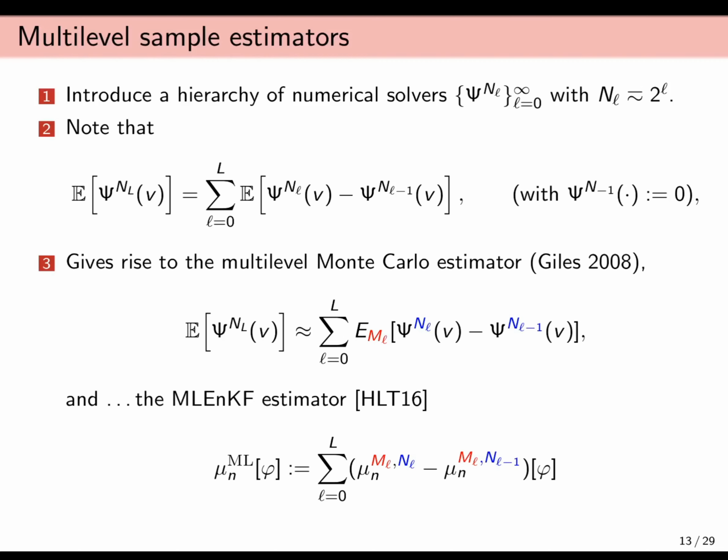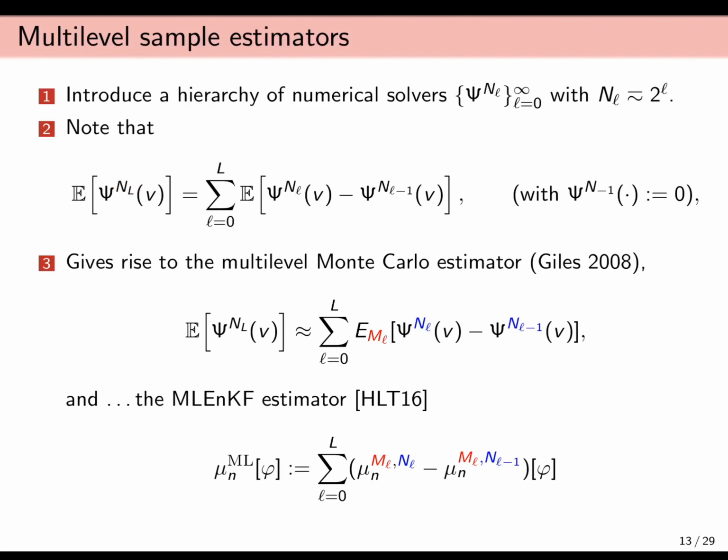And then it turns out that the pairwise coupling gives you some variance reduction, which means that you can use fewer and fewer samples on the higher levels, which is very good, because it's precisely the higher level samples which tend to be costly. Well, if this is a solution of an SDE, then it is the higher level samples which are costly. So you can improve the efficiency of this approximation compared to using only a single level Monte Carlo estimator of samples using this kind of discretization. That would be a plain Monte Carlo approximation.